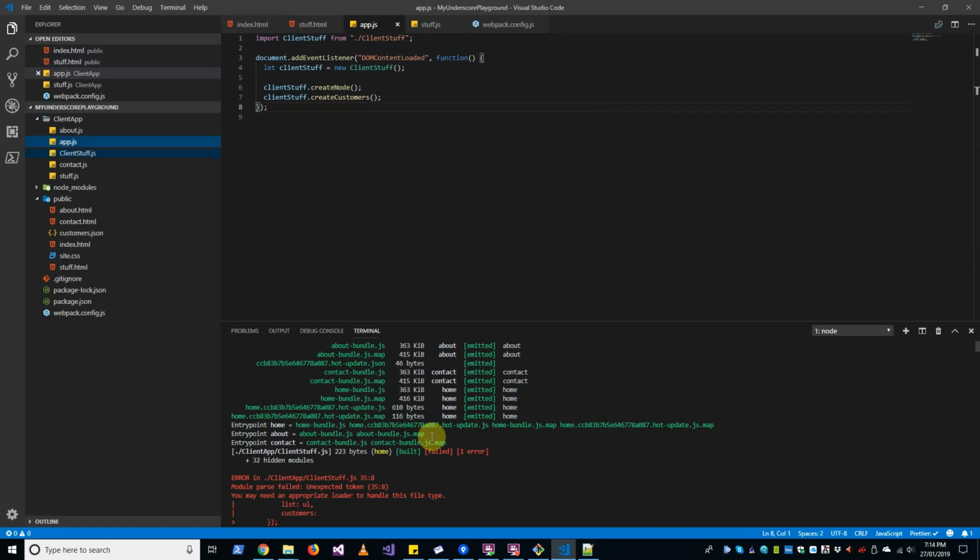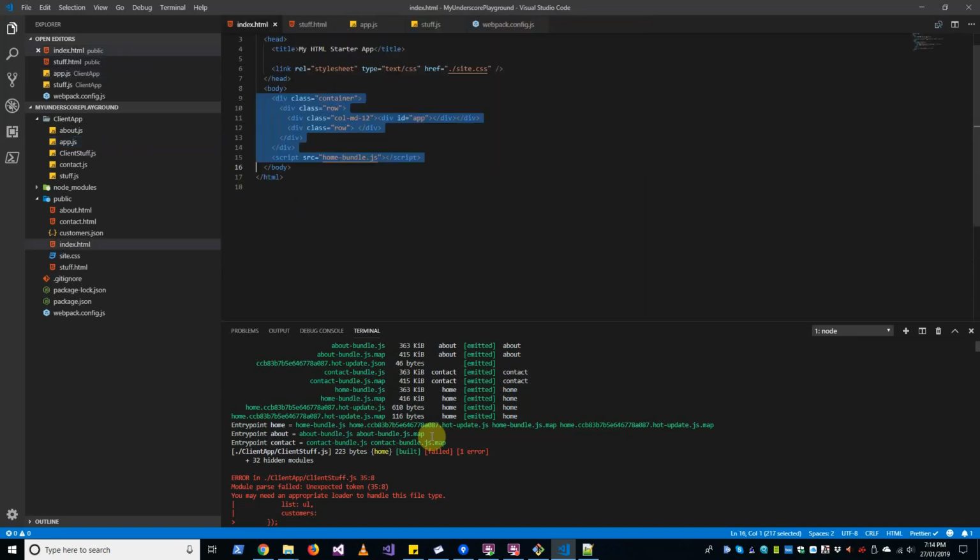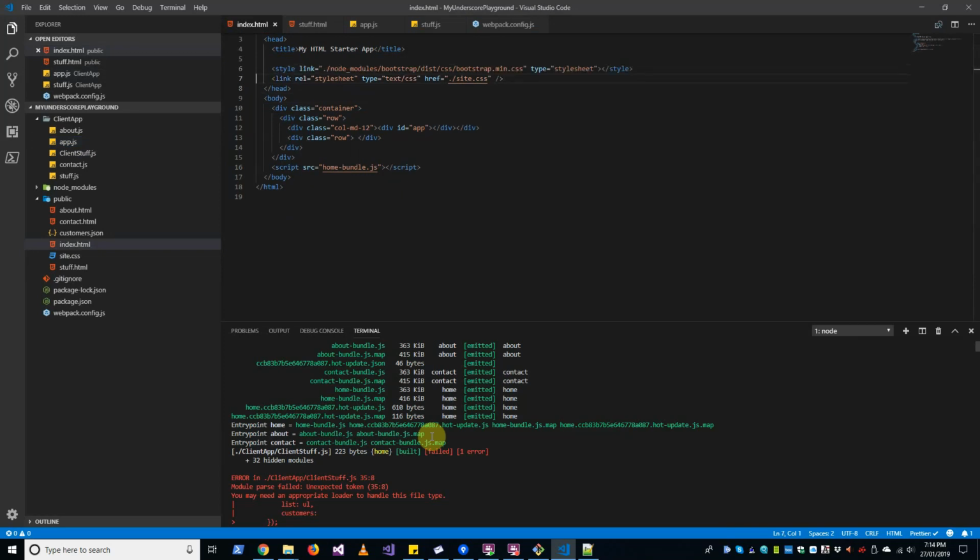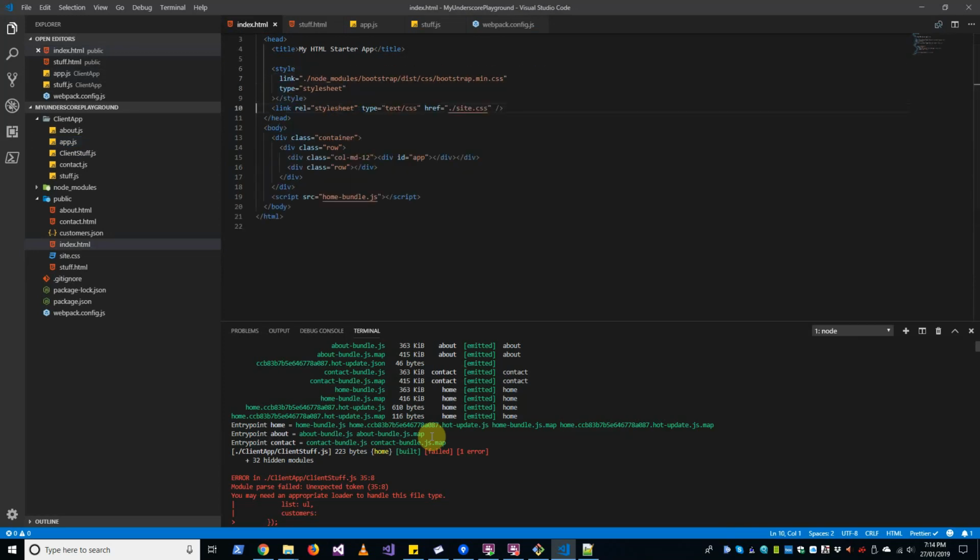What am I doing that for? That's what it is, rel style sheet type equals text CSS, that would have helped, and it's href. Okay, I'm all over the shop, aren't I? I thought it was link in the style tags. Anyway,